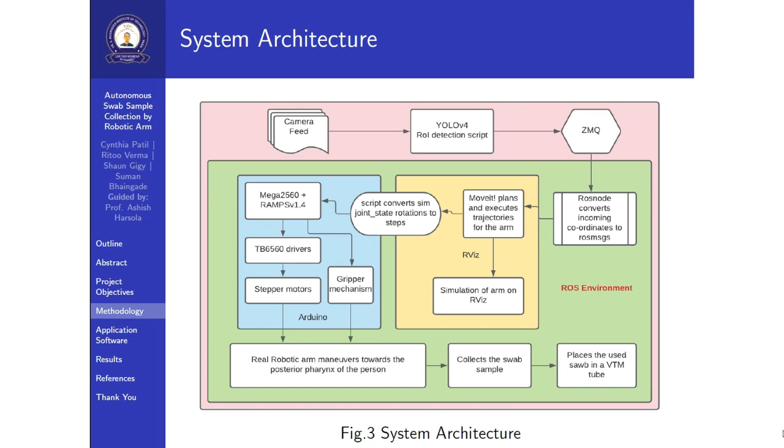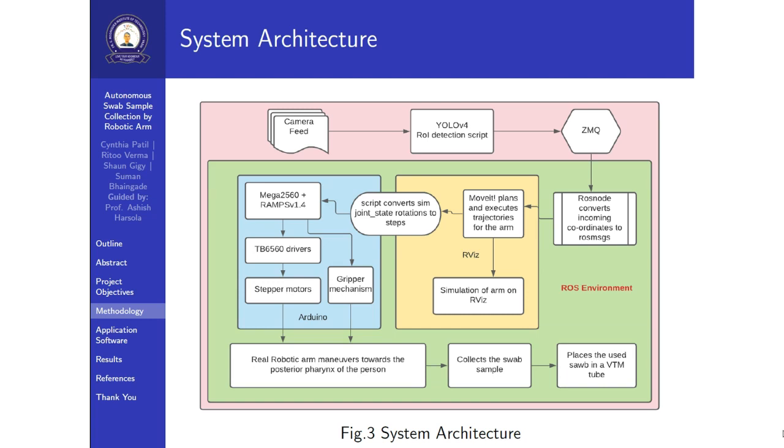This is the system architecture. Once the person keeps his or her face in the chin rest, the camera feed enables the images to be detected, which is sent to the ML-based computer vision script for successful detection of the region of interest. While the real-time recognition is going on, the label of the recognized object is then sent via ZMQ to a node in ROS. Then the node publishes it to a ROS topic.